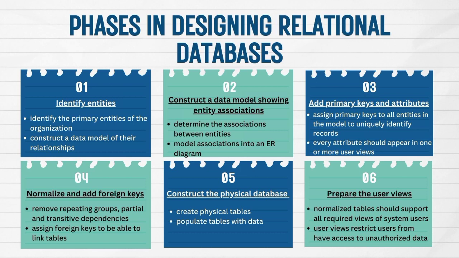Fourth is normalize and add foreign keys. Here, it removes repeating groups, partial and transitive dependencies, and also assigns foreign keys to be able to link tables. Then, construct the physical database, where it creates the physical tables and populates them with data. This is an involved step that must be carefully planned and executed and may take many months in large installations. Programs will need to be written to transfer organization data currently stored in flat files or legacy system databases